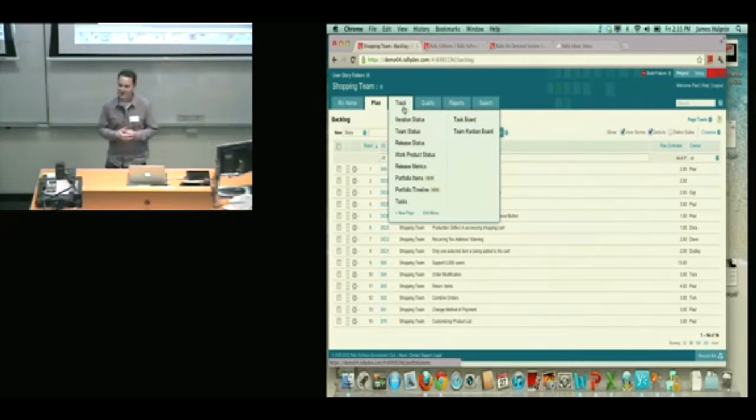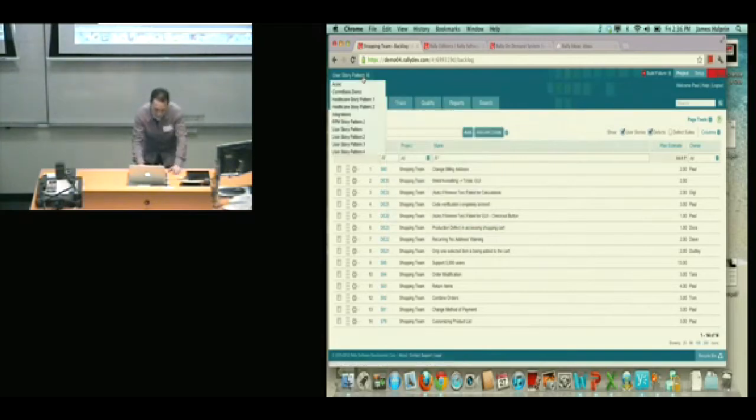Some key functionality that's built into Rally is what we call Rally Portfolio Manager, and that really speaks to that portfolio piece you're talking about. So basically, inside of Rally, you've got your traditional stories, and story really is the currency of the team. That's what the teams use at that execution layer. What comes in at the strategy layer is what we call portfolio items. These portfolio items connect directly to your story tree, and that information is seamlessly rolled up. So let me show you an example of that.